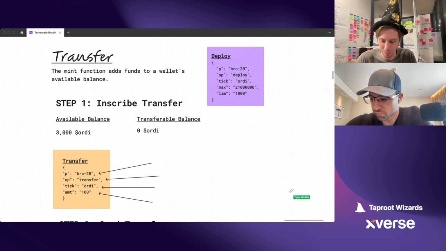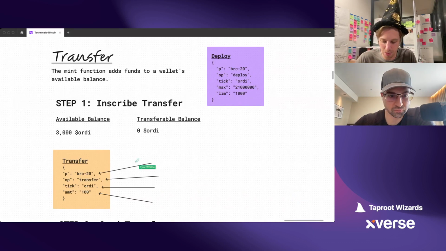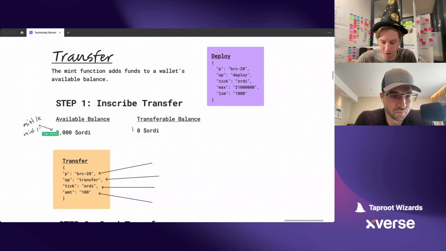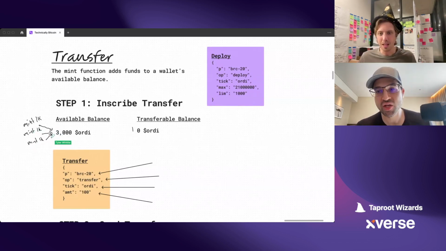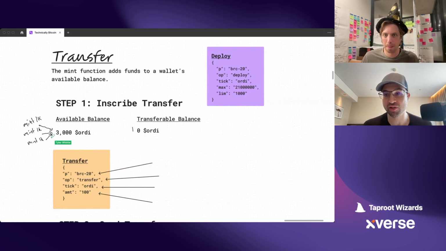Now, just so we remember, that actually means that you had to mint 1K here, you had to mint 1K here, and then you had to do a third mint of 1K, right? Because that was the limit. You would have to make 3 separate transactions.